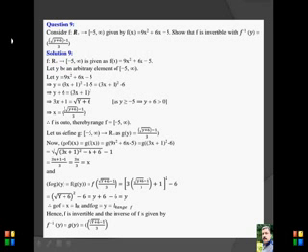consider the function f from R minus 5 to infinity given by f(x) is equal to 9x square plus 6x minus 5. Show that f is invertible with f inverse of y equal to root over y plus 6 minus 1 upon 3. This is a very important question from the examination point of view. So listen carefully. This function f from R positive to minus 5 to infinity is defined by f(x) is equal to 9x square plus 6x minus 5.